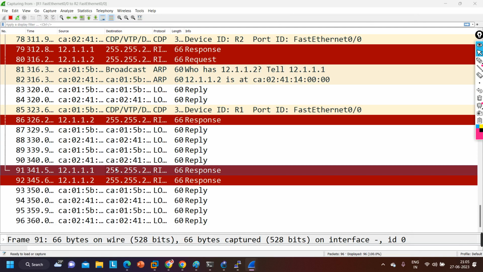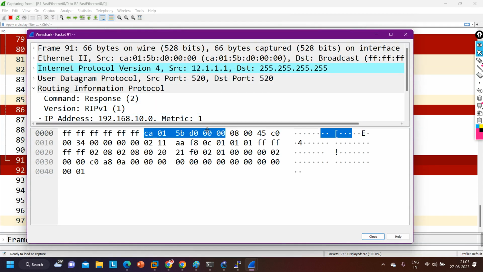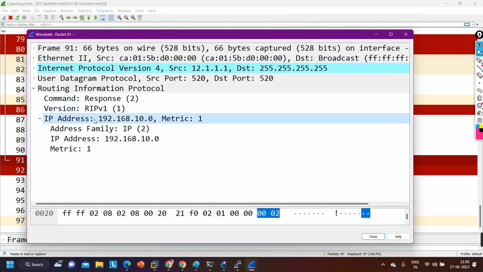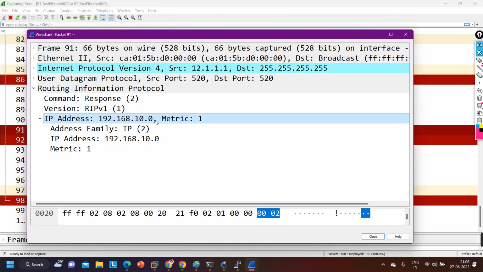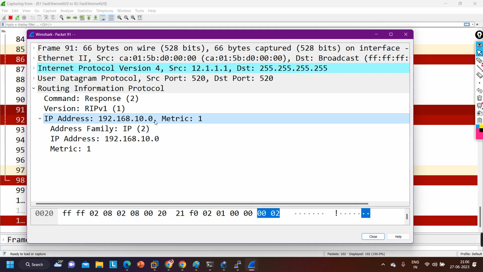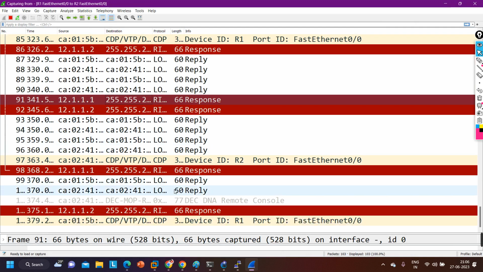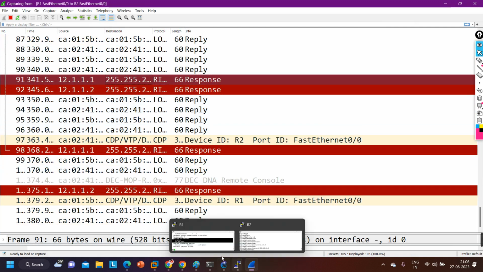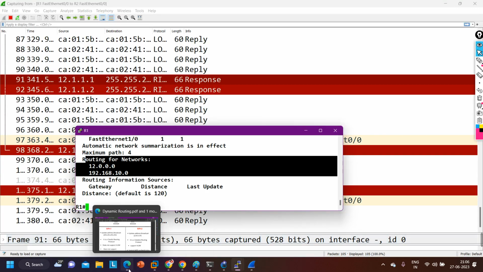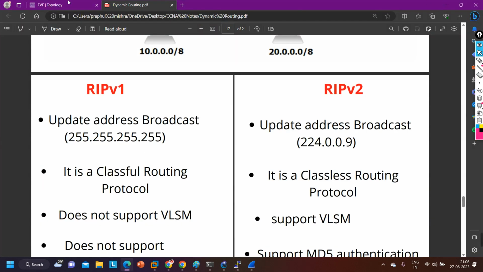Here is the update message of router 1. Router 1 is sending this network, 192.168.10.0. It is not including the network on the common segment. These routers will send this update periodically, after every 30 seconds. And now if you want to verify the routing table of the router,